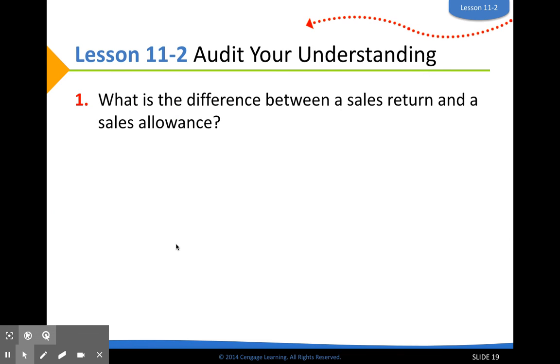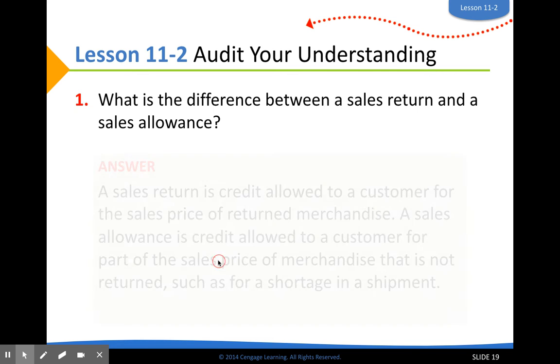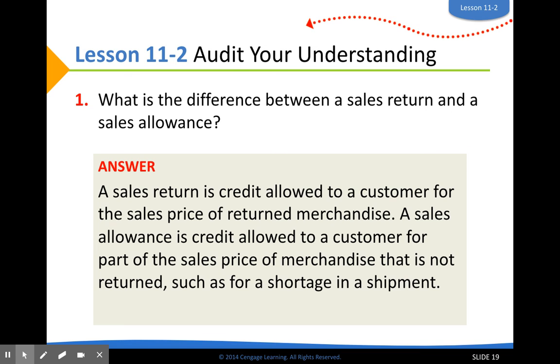I think it's important to talk about the difference between sales return and sales allowance. So you have this question in the bottom of your note guides, if you could answer that, as well as question number 2. The difference between sales return and sales allowance. Sales return requires that the merchandise actually be physically handed back to us. Sales allowance, that's when we credit or decrease the amount that a company owes us, but they're not physically giving us anything back. So maybe we said that we were going to ship them 10 items, but there was an